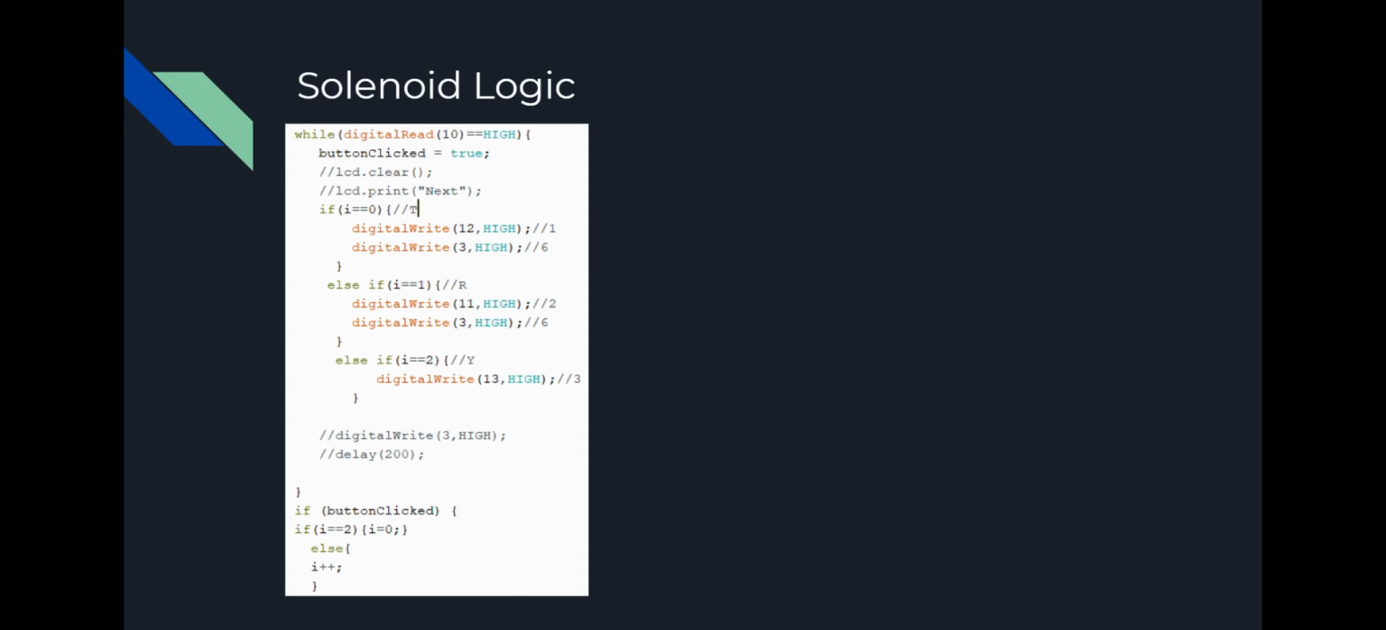So next we have our solenoid logic. The code you're seeing on your left is the same code we use for our demonstration. Our demonstration displays the letters T-R-Y, and what's happening in this code is the while loop that says while digital read 10 equals high determines when the button is pressed. So when a user provides a button press, the while loop is taken, and the if blocks decide which